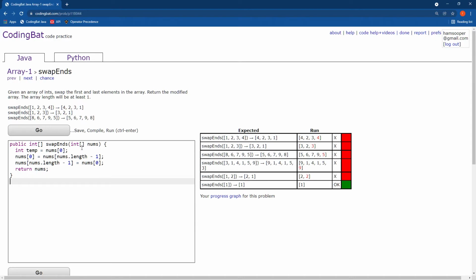It's not copying the thing behind the scenes, it's just copying the memory address. But when you have a primitive type, such as nums[0], which is an int. nums is an int array, but nums[0] is an int, and an int is a primitive type. So when you copy a primitive type, you just copy the number that it is. There's no memory addresses or anything involved. So temp is just going to be a copy of nums[0], whatever nums[0] was, and temp is not going to